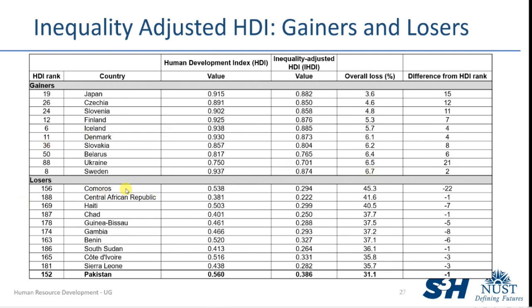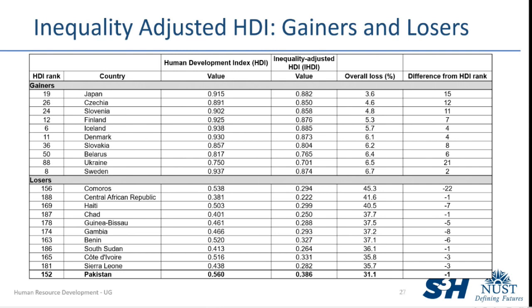These are the losers. Because of the incorporation of income inequality, they lost a lot of positions. So 45% loss is in Comoros, Central African Republic, because income inequality is very high in these countries. So they lose a lot of value in human development because of the